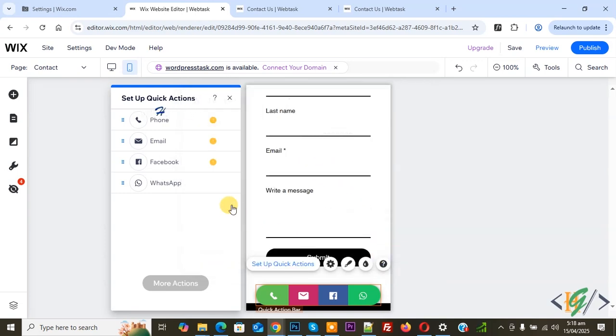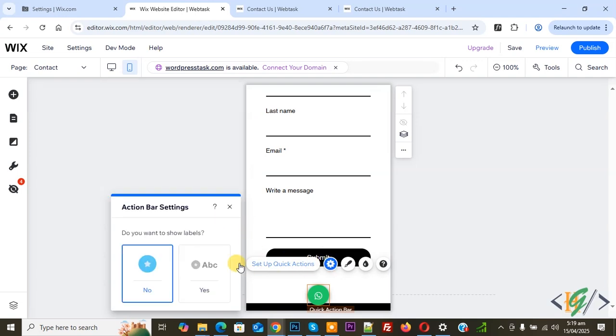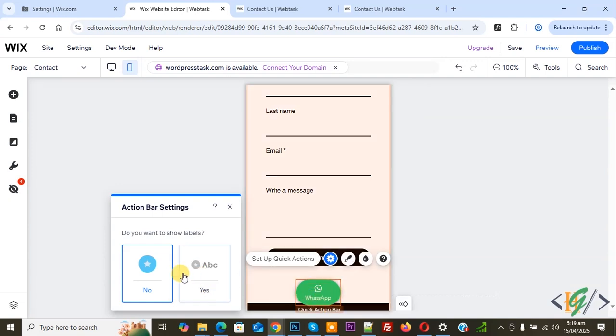So we are going to delete remaining, so click on it. Now remove. Now you see we are going to only show WhatsApp. Now you see settings, so click on it and then you see do you want to show label, so we select no. If you want to show label, yes. Now you see WhatsApp, so it's up to you, so we select no and then you see design, so click